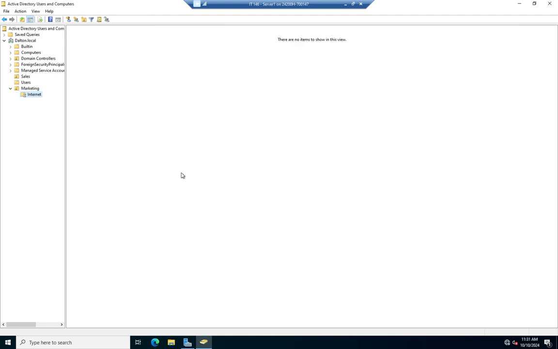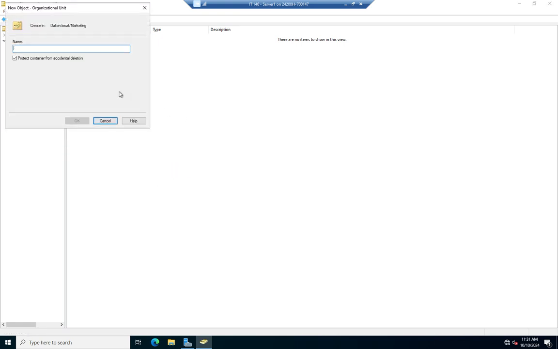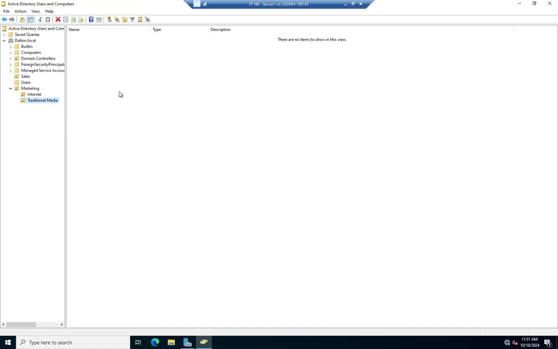And I'm going to create that one, and then I'm going to create another new organizational unit. And this is going to be for my traditional media marketing. Okay, and there we go. Now I've got sub-organizational units. And when I do group policies, if I apply a group policy here, it will impact these others as well. Okay. And then the third reason, so